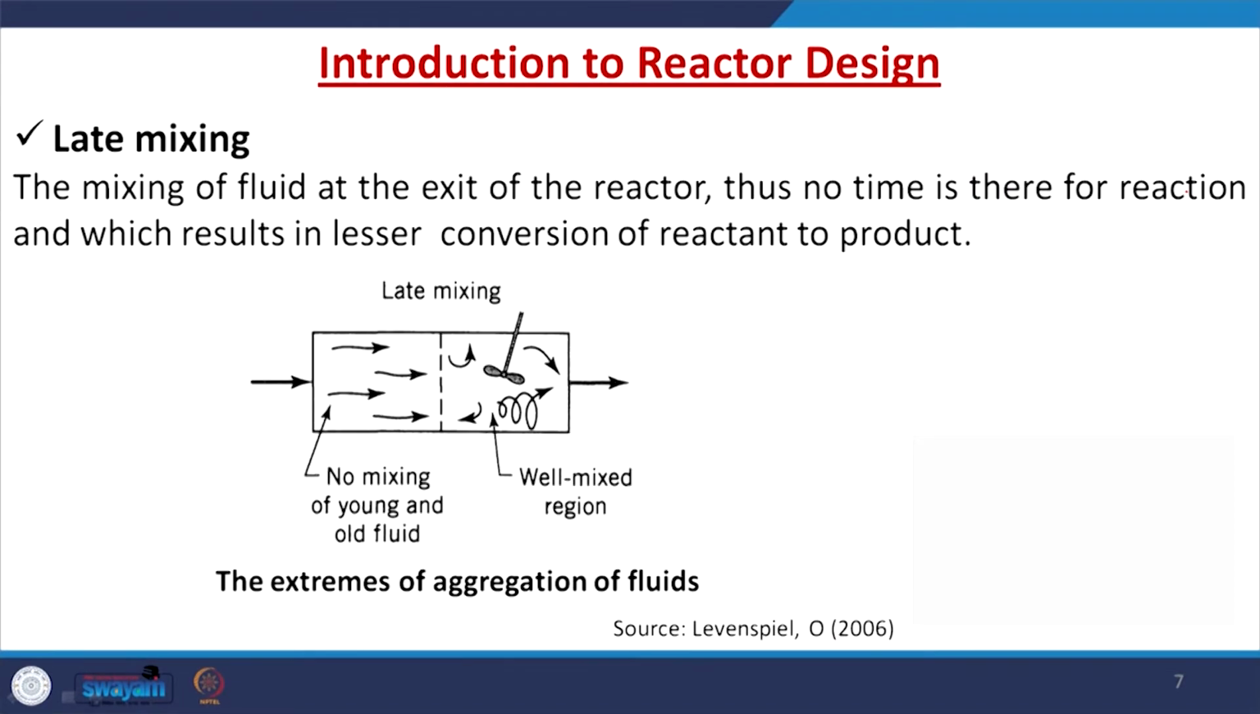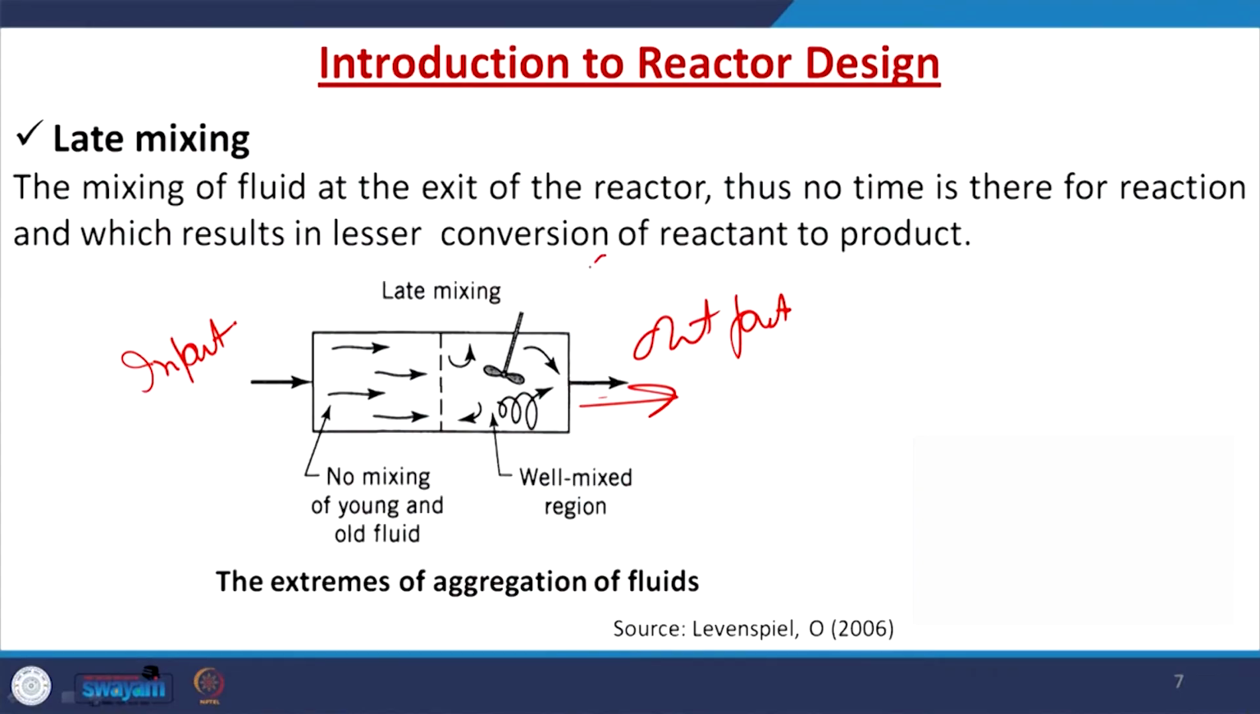Now there is another concept that is called late mixing. This is the mixing of a fluid at the exit of the reactor. You see here, this is the input stream, and here you have the output stream. So here, at the output of the reactor, you are mixing the fluid. Therefore you may experience less time for the reaction, which may result in lesser conversion of reactant to product. So you are introducing things over here, or this is sometimes what you can say is the well mixed region,